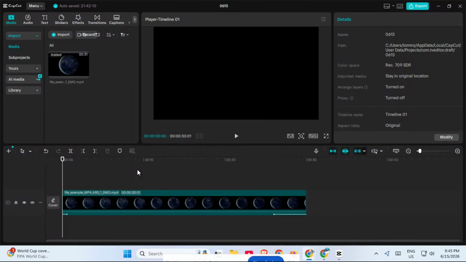If you want to learn how to import audio inside CapCut on PC, you're in the right place. In this quick tutorial, I'll walk you through the exact steps to bring in your audio file, place it on your timeline, and get it ready for editing. This is super useful if you want to add background music, voiceovers, sound effects, or any custom audio to your